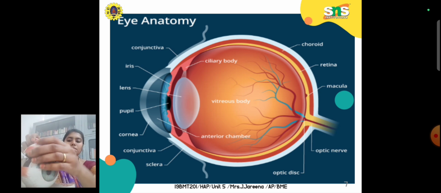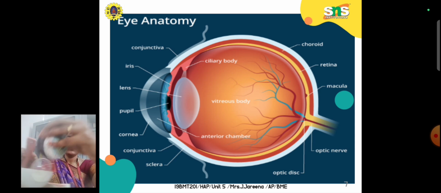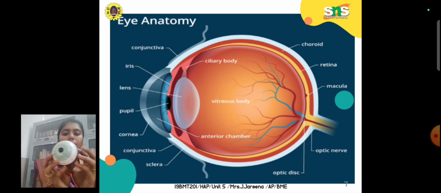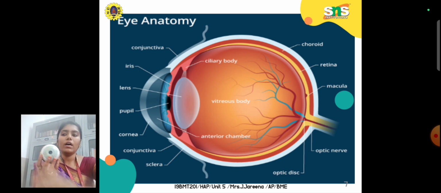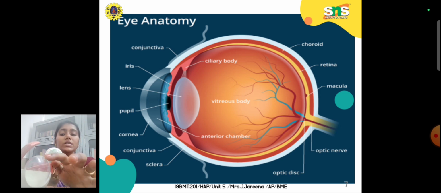If you dismantle this, we can see the second layer. Here I have taken this eyeball. The first layer we have completed already: the back side of the eye is covered by sclera, and then you have the lens part. This lens part is the cornea, which is transparent in material properties, so that it allows the light to get inside. And then the back side is covered by the sclera.